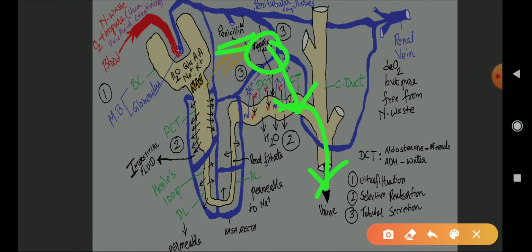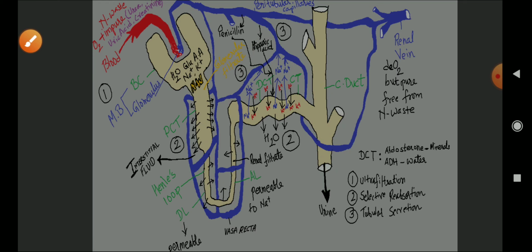Which are the secretions made by the tubules of nephron? Penicillin, hippuric acid, potassium are the secretions coming out from where? Coming from the tubules of nephron. So that's why it is known as tubular secretion. So what is the definition of tubular secretion? Secretion of certain poisonous substances like hippuric acid, certain drugs like penicillin, as well as potassium ions entering into where? Entering into the DCT, distal convoluted tubule, is known as tubular secretion.